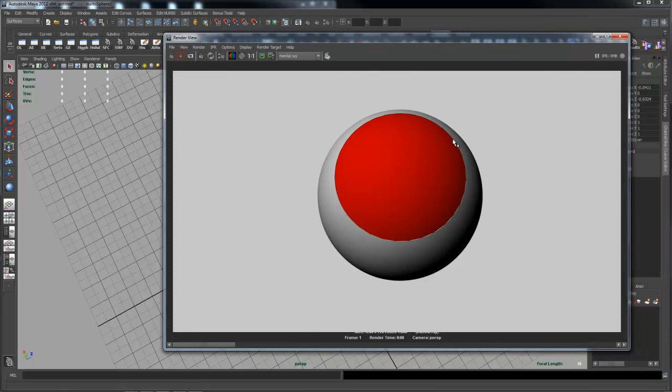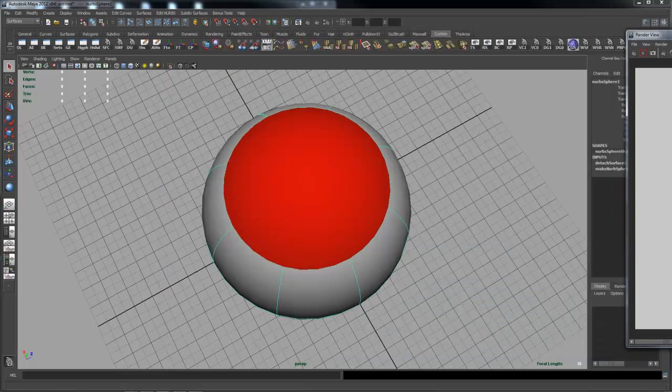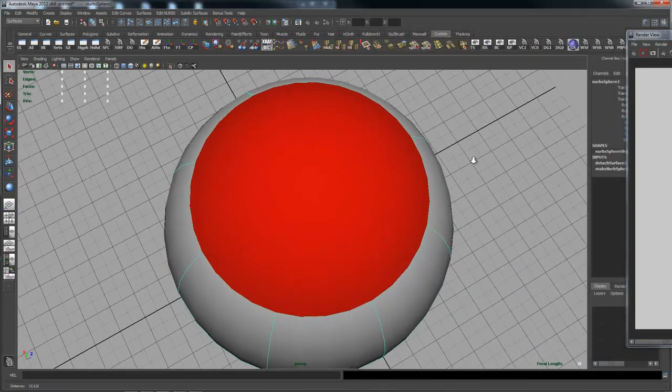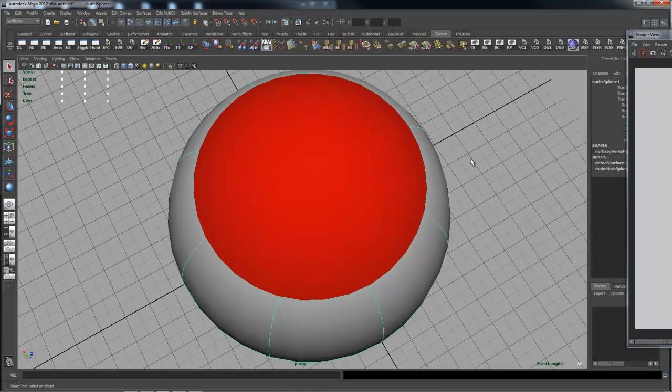Okay, so you can see we're getting that problem, especially over here. It's very pronounced. I don't know if you can see it in the video, but it's also faceted around this outer edge too. I'm also a little farther away than he was in his camera shot with a different camera resolution. I'm using